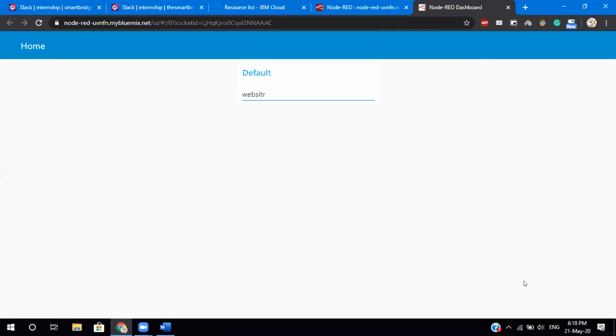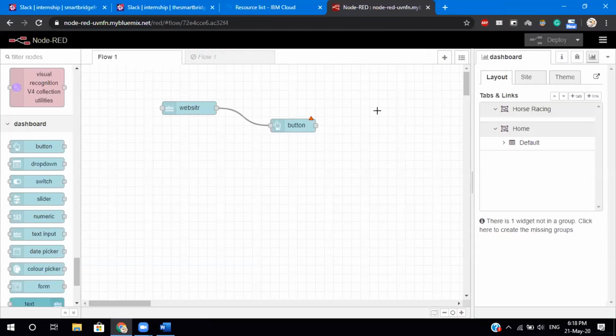You see, I've created a page, and this page is accessible by everyone who is watching it, even with your phones or anything. So as simple as dragging and dropping a node, I'm able to create a web page here. All right. So you do not have to code a lot when you are using Node-RED. You do not have to know about REST APIs and all. You can just use this service, and this works all the time.